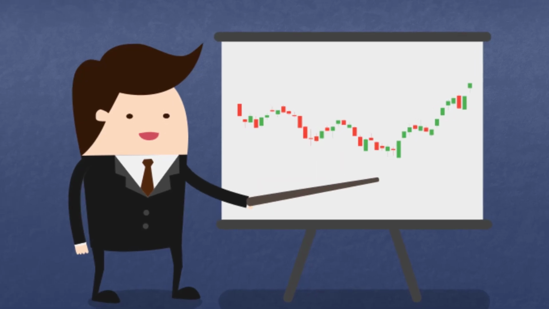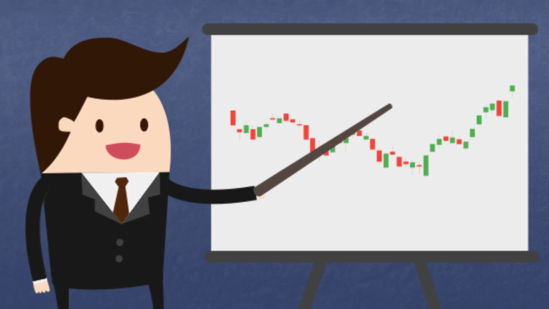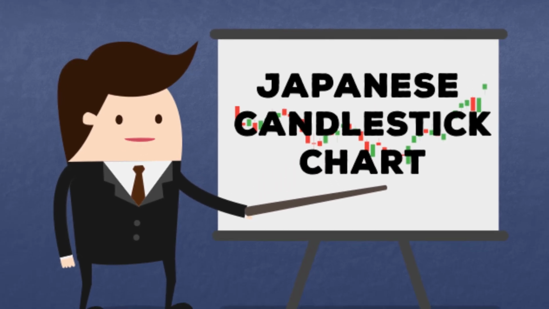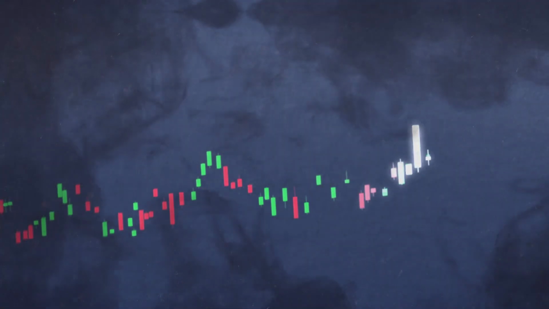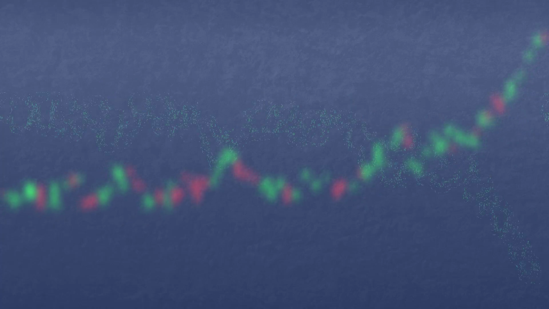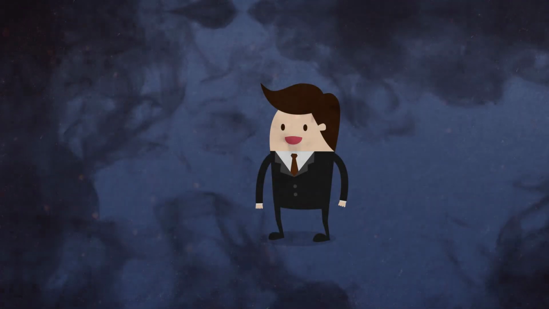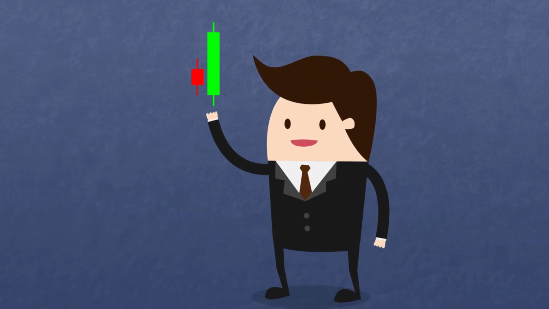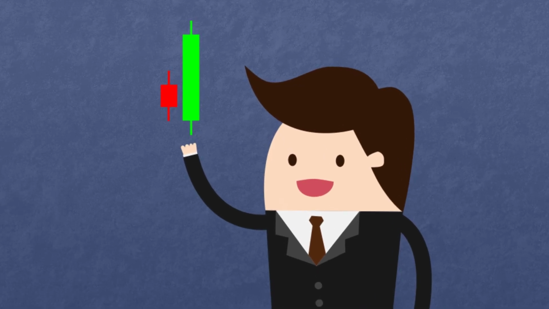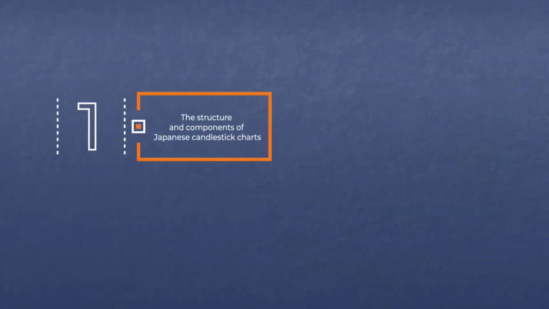In today's video, we'll explore a crucial tool in technical stock analysis, the Japanese candlestick chart. This is not just a useful tool, but also a language of the financial markets, helping us understand past price movements and predict future trends. Many of you may have heard of Japanese candlestick charts, but might not fully understand how to read and apply them in trading decisions. In this video, we will cover the structure and components of Japanese candlestick charts,